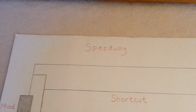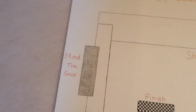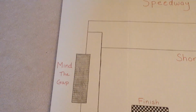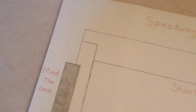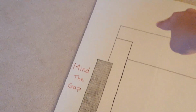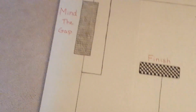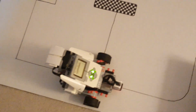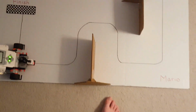And so once it does that, it'll come to this section called Mind the Gap, where it will go to this and go around this, and then once it does that, it'll come back here, then go around the tight turns again,